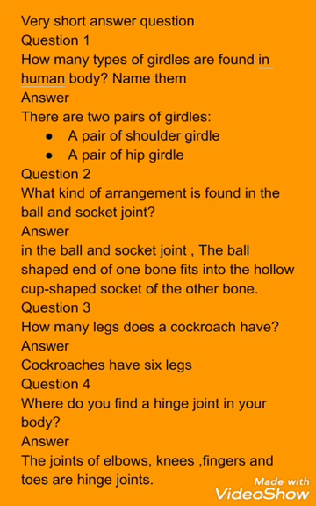So dear students, in the ball and socket joint, there is the ball shaped end of one bone. If you look at the pictures of bones in your books, we always see that the end of one bone is ball shaped and the other is cup shaped, like a socket. So they can easily cover each other and be fixed in each other. The ball shaped end of one bone fits into the hollow cup shaped socket.